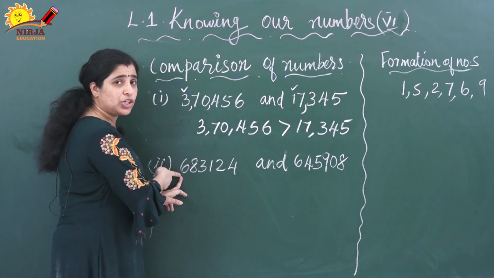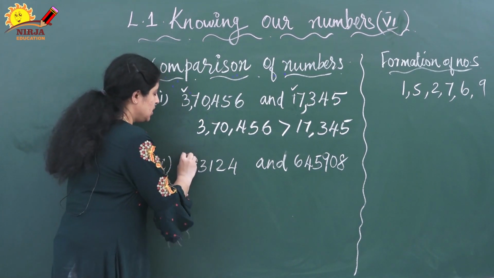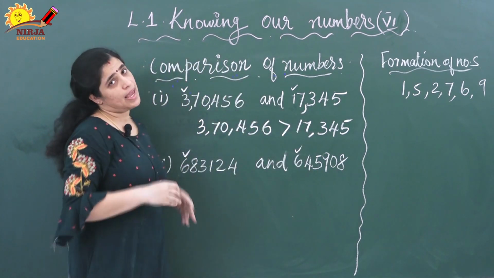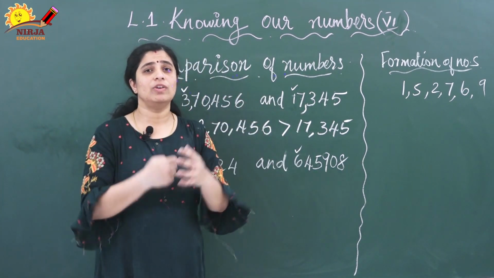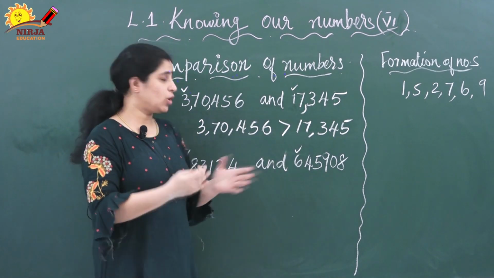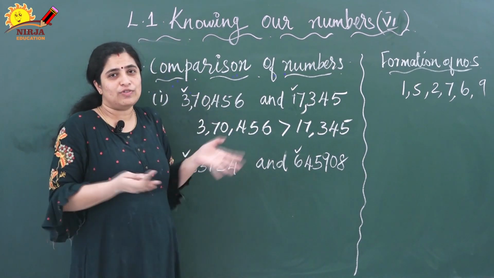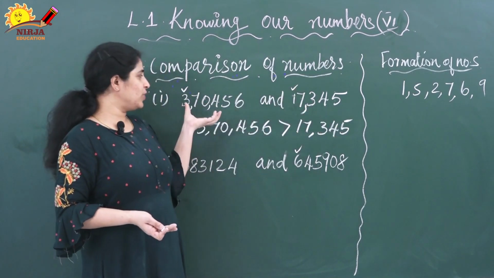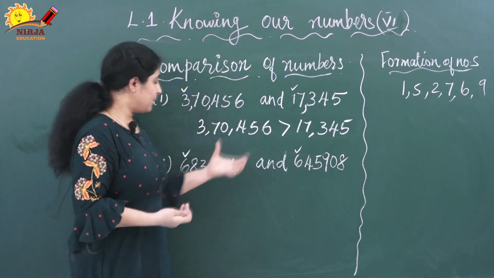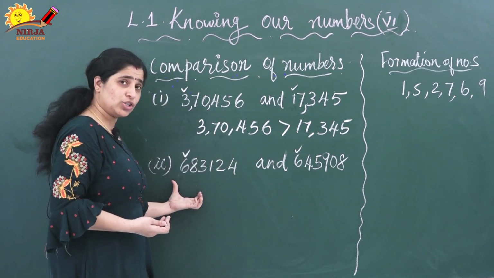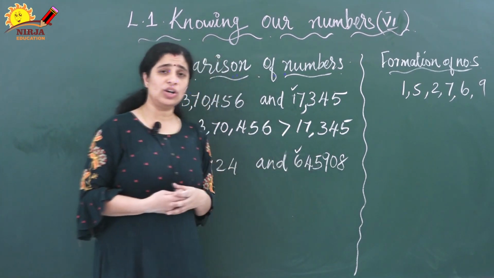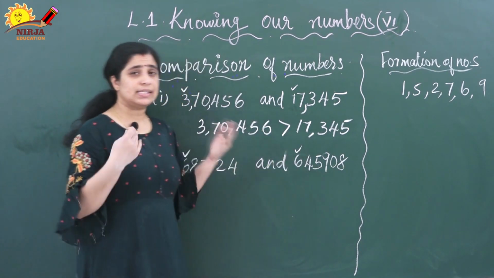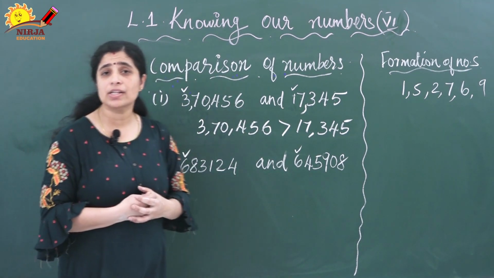So here, in the extreme left, which number is there? 6. And here also the number is 6. Again confusion, which one will be bigger? In the earlier case there was no confusion, it is easy because this is 6 digit and this is 5 digit, so obviously the 6 digit number is greater. But here there is confusion because this is also a 6 digit number and this is also a 6 digit number. In both the numbers the extreme left digit is 6, then how can you find which number is bigger?